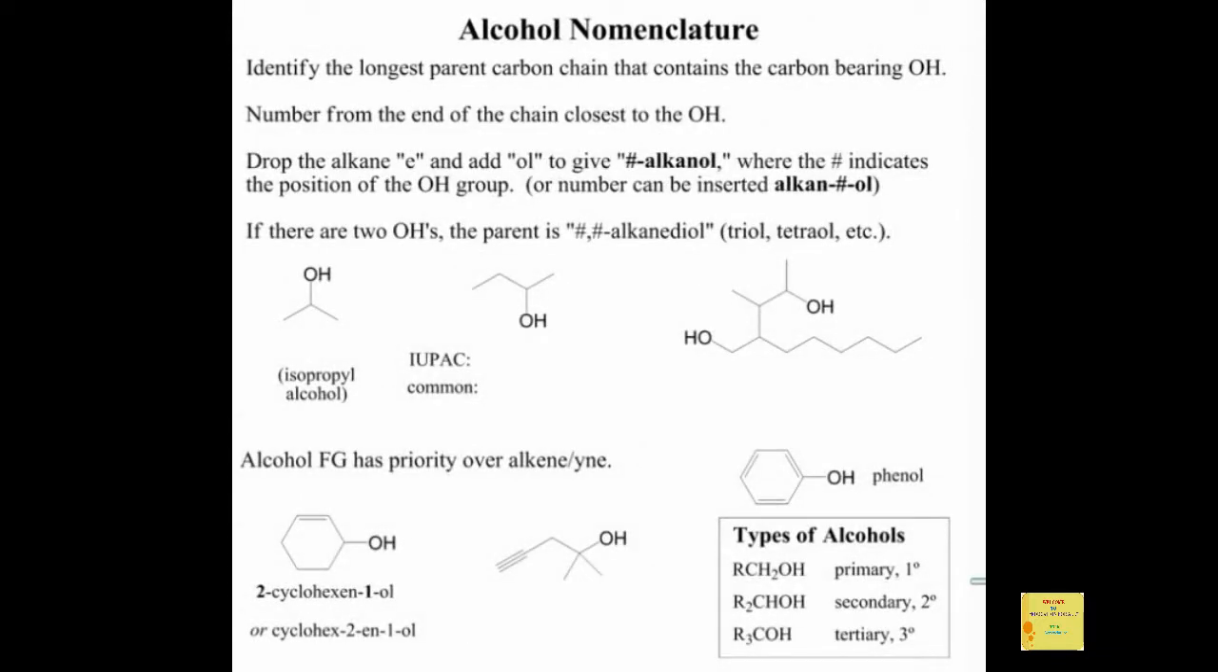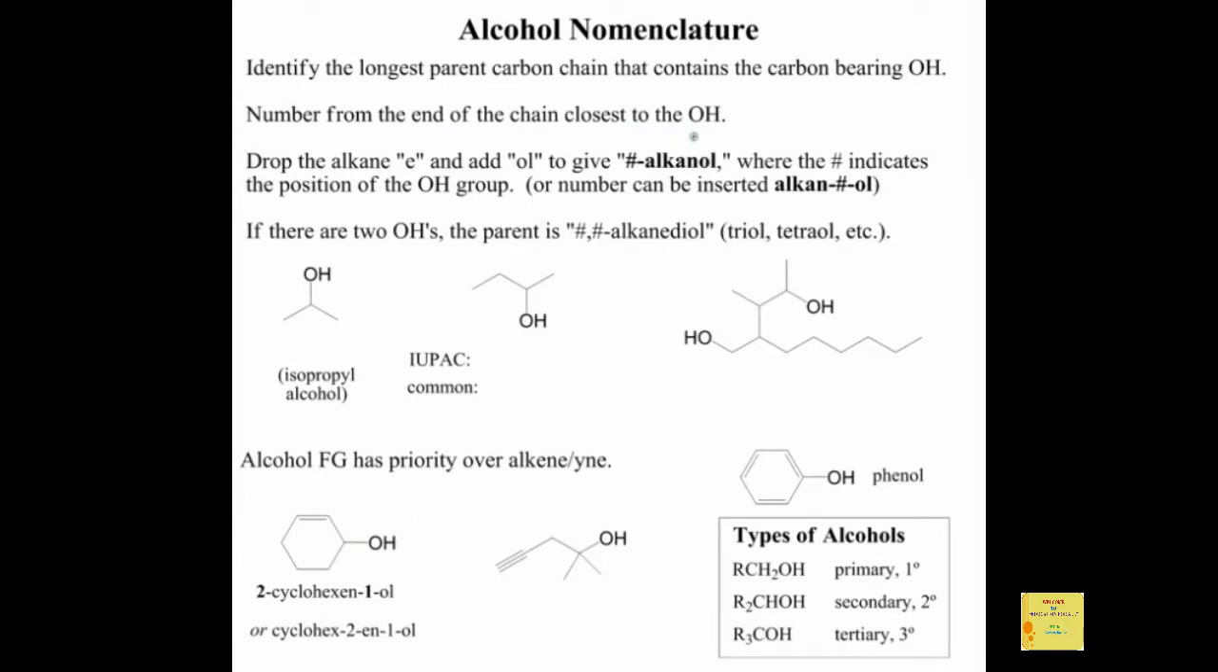If you have an OH on a carbon chain, we're going to describe that molecule as an alcohol, and that's going to define the parent chain. The parent chain is the chain which contains the carbon bearing the OH group, and it's going to be named as an alcohol. So we'll find the longest carbon chain that has the alcohol attached to it, and we're going to number from the end closest to that alcohol so that the alcohol gets the